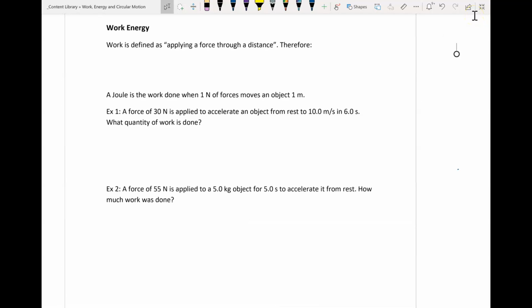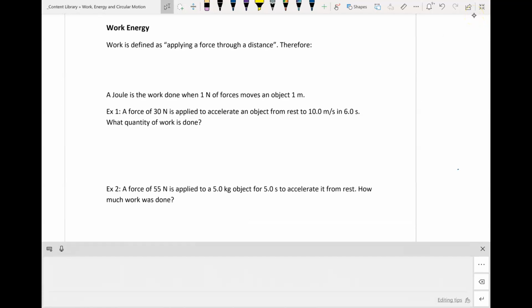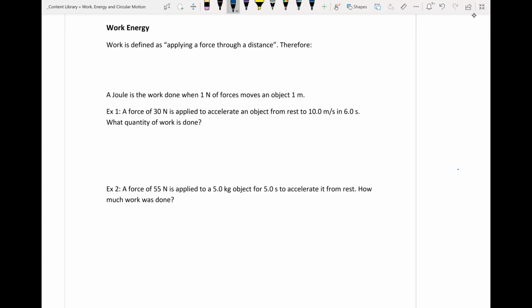Welcome to our lesson on work energy. Work is defined as applying a force through a distance. Therefore, if we're trying to calculate work, it's going to be force multiplied by distance or force multiplied by the